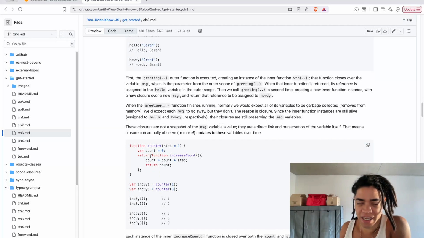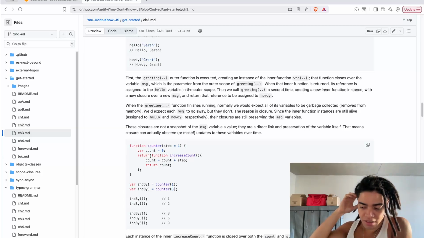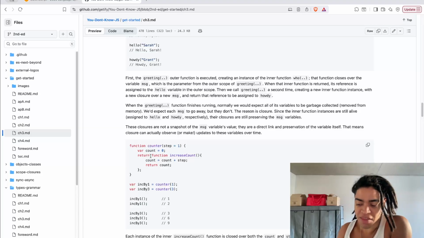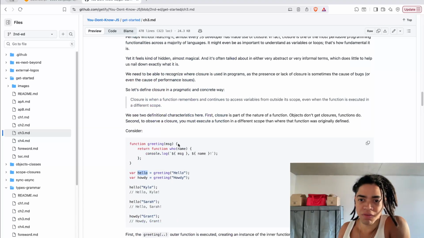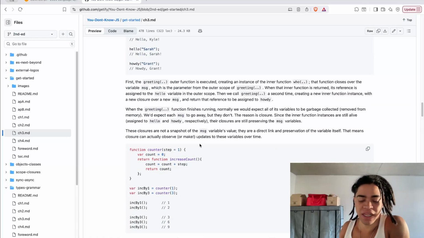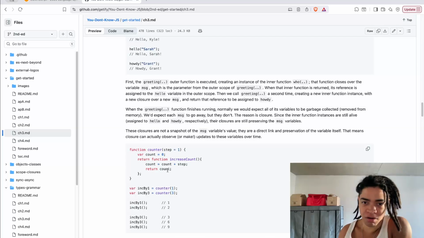So because closures allow functions to hold the variables from the outer scope, even when the function is executing in a different context, those variables that normally would be garbage collected when you run a function,